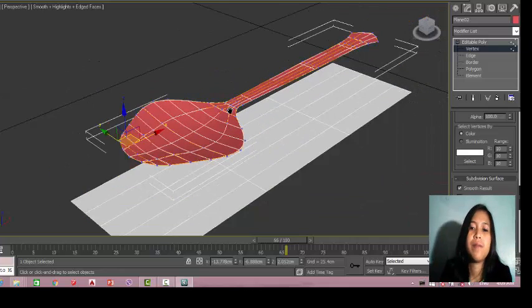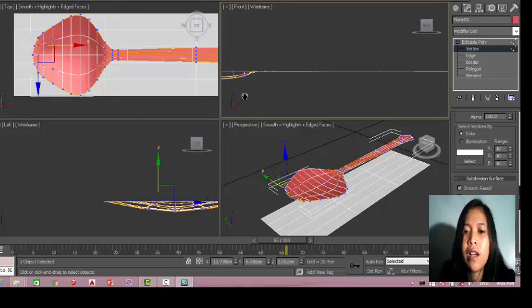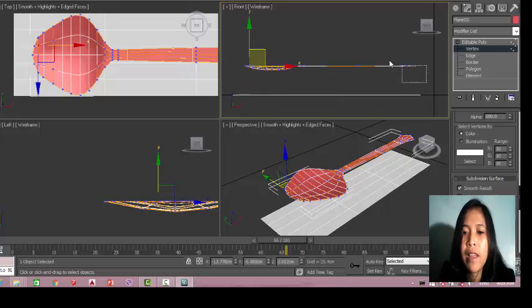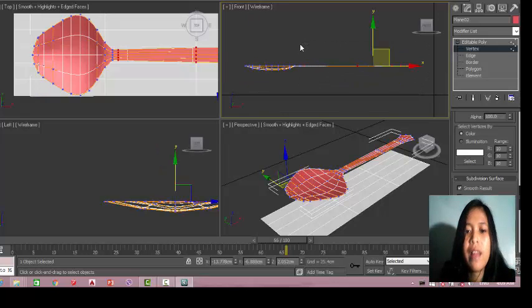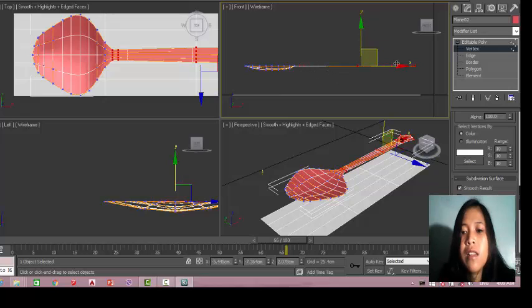So it's too flat, so I'll go to my front viewport, and I just have to select the handle, and this is also this handle. So after that, I will click rotate.